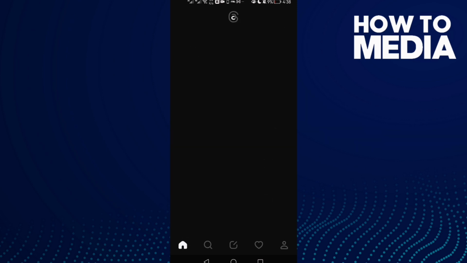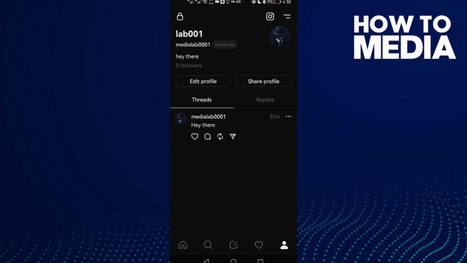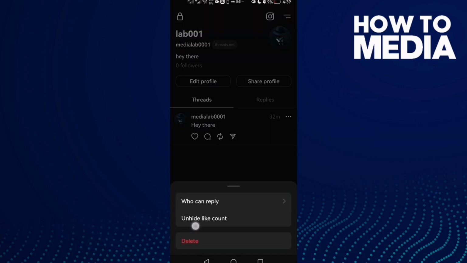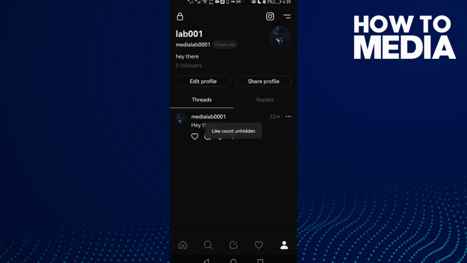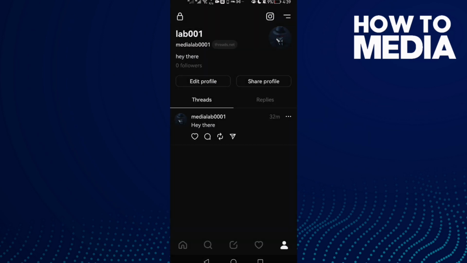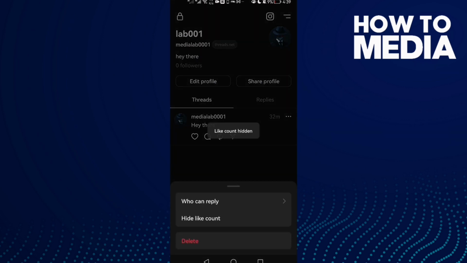Now once you're here, just click on your account here, and after that just select any feed you want and click these 3 points and then click unhide like count, and that's it. As you see, like count now is unhidden and you can hide it whenever you want again, and that's it. Just click on it and click hide like count,